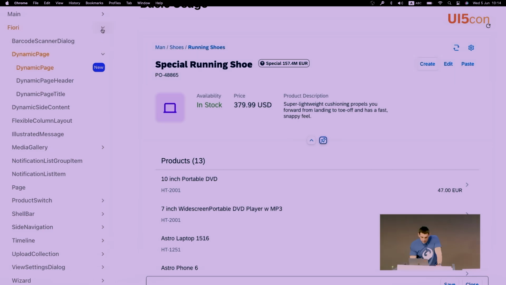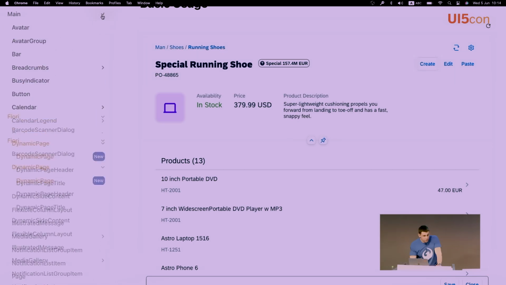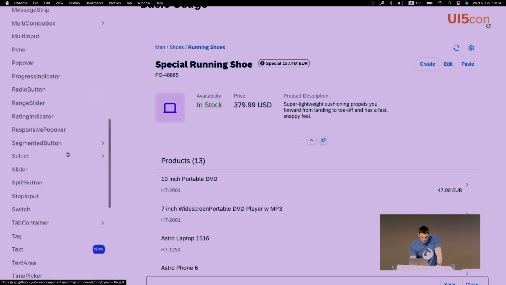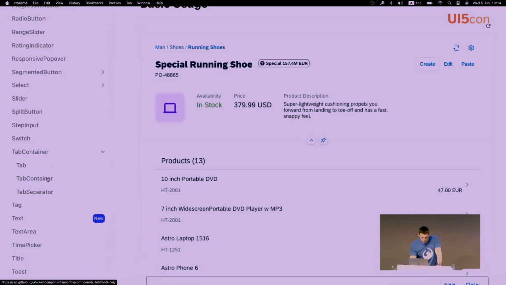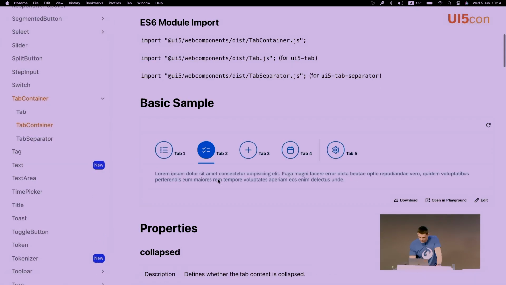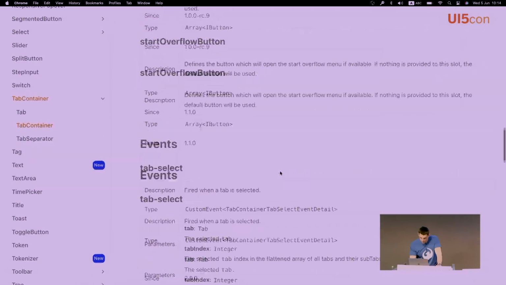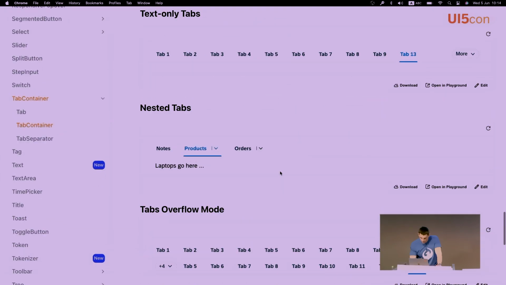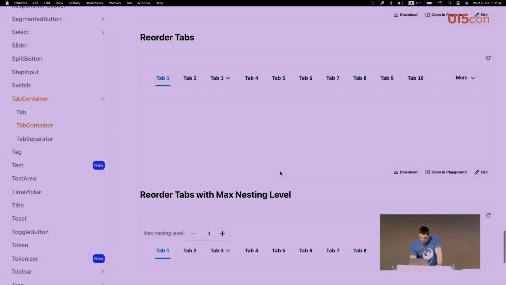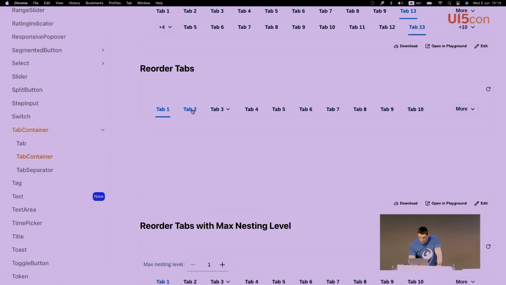Okay, and I'd like to show you the drag and drop in the top container, which is also a very cool feature, I would say. But let's find the example. I think it's at the bottom. Okay, the reorder tabs. Yes. So basically, as you can imagine, you can just drag, and not sure if it's visible. Yeah, it's visible. There is this indicator that shows you where the item will be dropped, and when it's dropped,